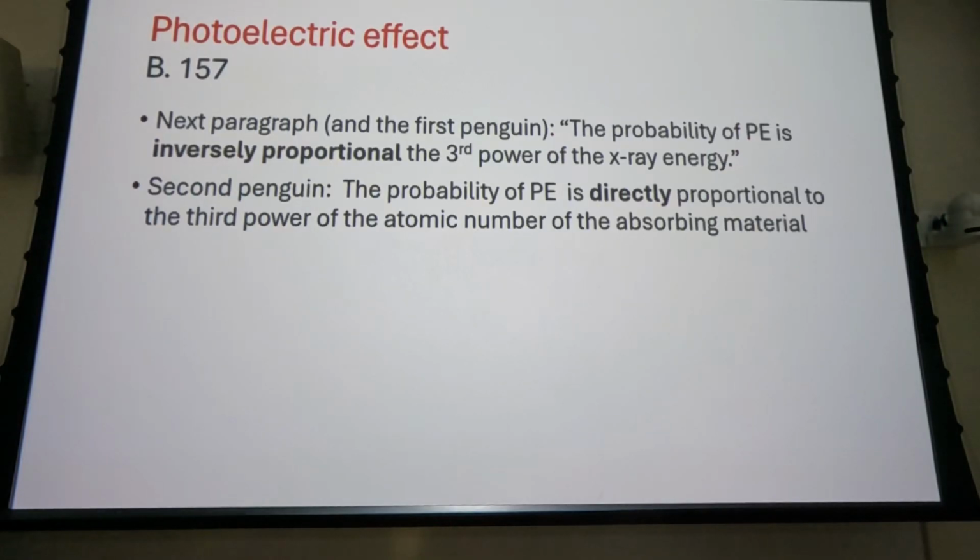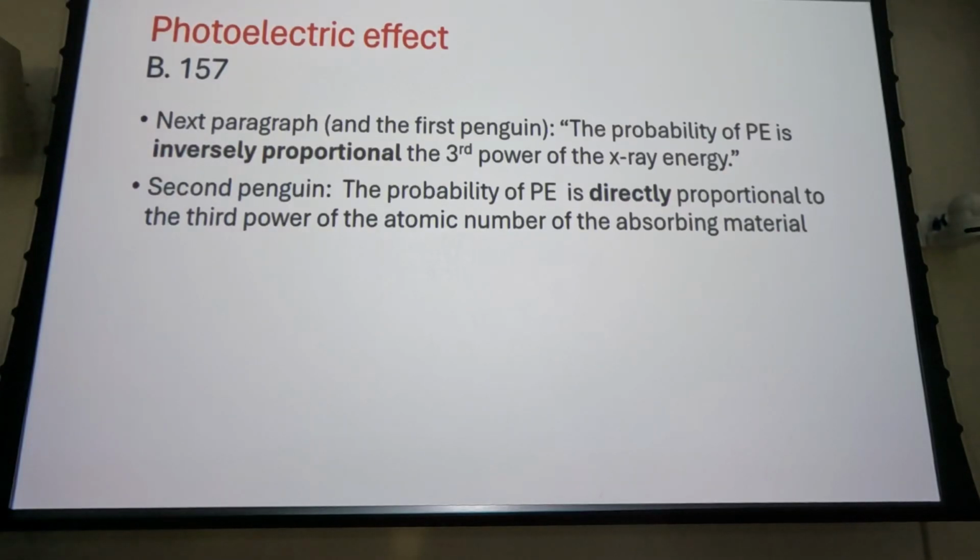So what does that mean? As kVp goes up, the likelihood of photoelectric absorption goes down, and it's exponential, right? So it goes down by the third power of the X-ray energy. And the second penguin says the probability of photoelectric absorption is directly proportional to the third power of the atomic number of the absorbing material. So now, applying all of that,